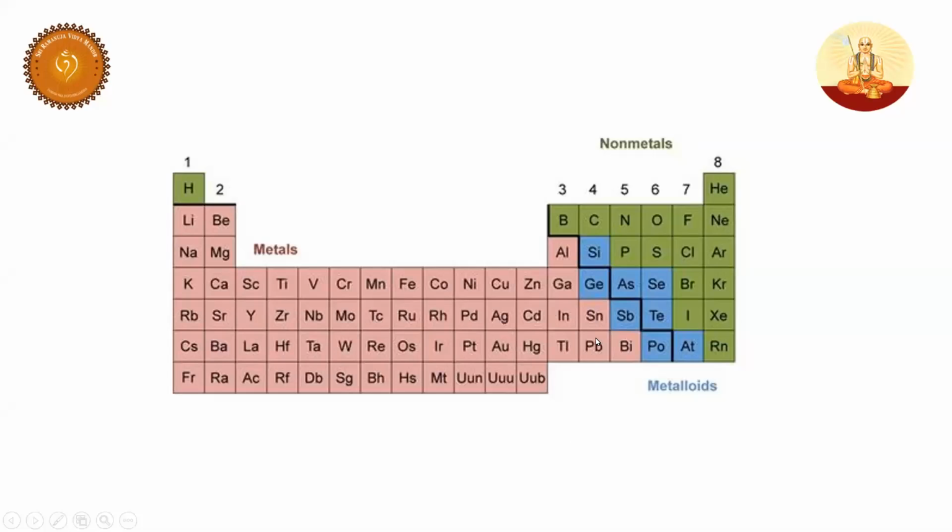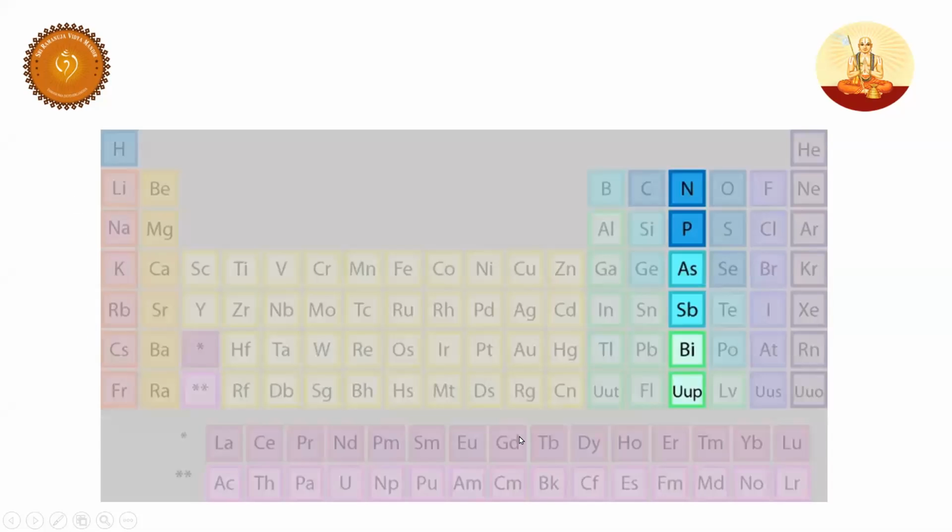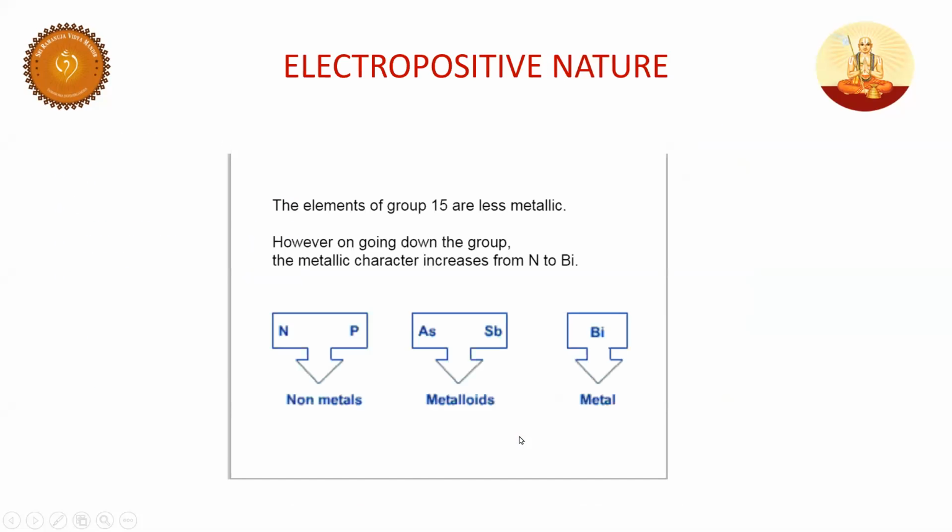So students, please have a keen look at tin and lead, very, very important, and also bismuth, the only metal in the fifth group. After the fifth group, observe here, there is no metal. Only non-metals and metalloids. The eighth group is only non-metals. So these are some of the points which you are expected to memorize.